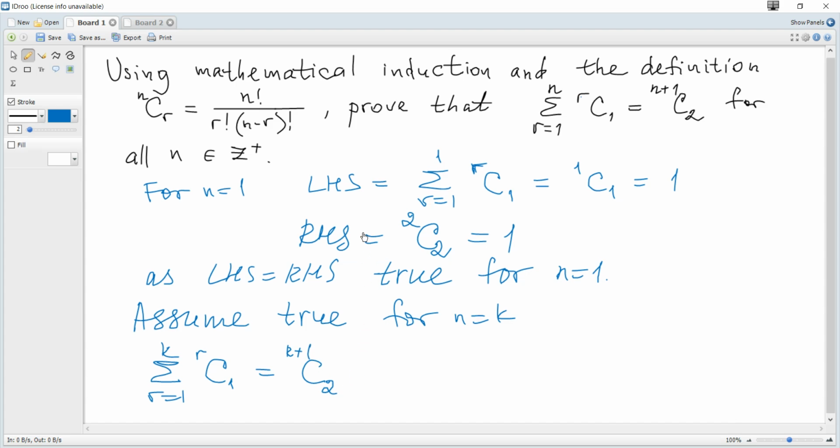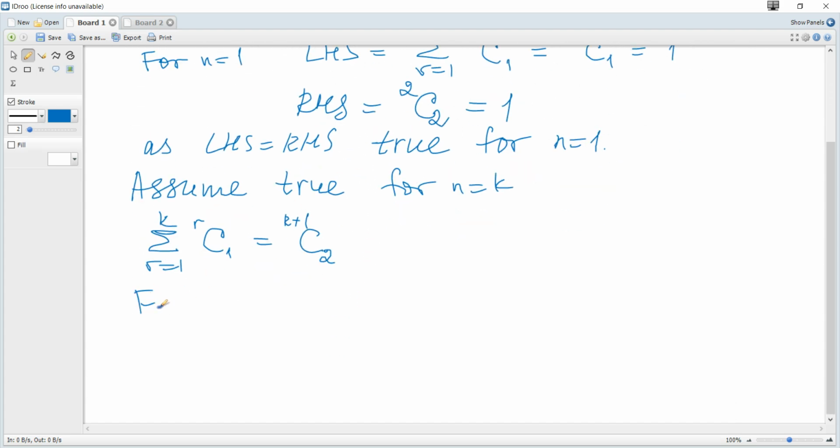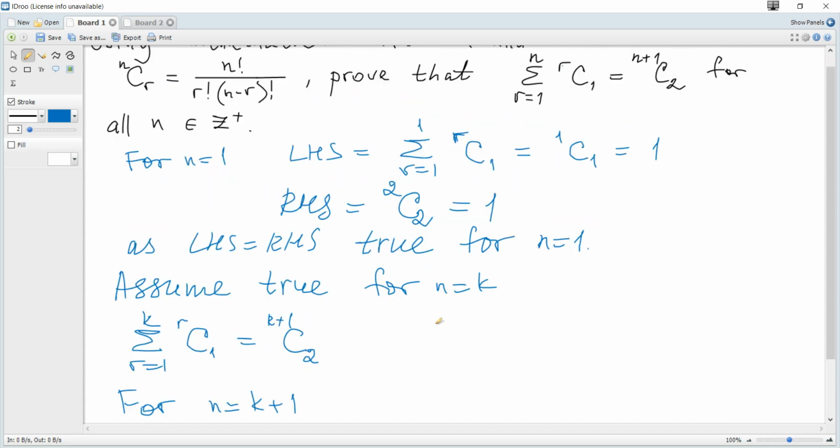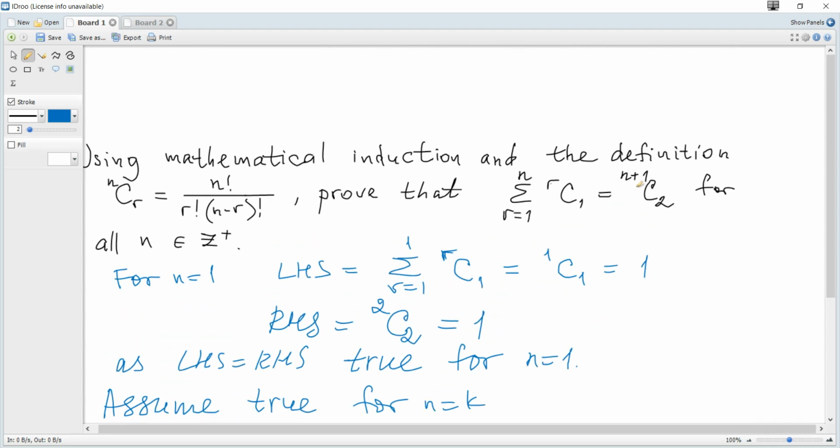k plus 1. The next step, as usual, we consider n to be equal to k plus 1, so we write for n is k plus 1, and this becomes the sum for r from 1 to k plus 1, the number of combinations 1 out of r is equal to, and actually what is our aim, what should we get? For n to be equal to k plus 1,